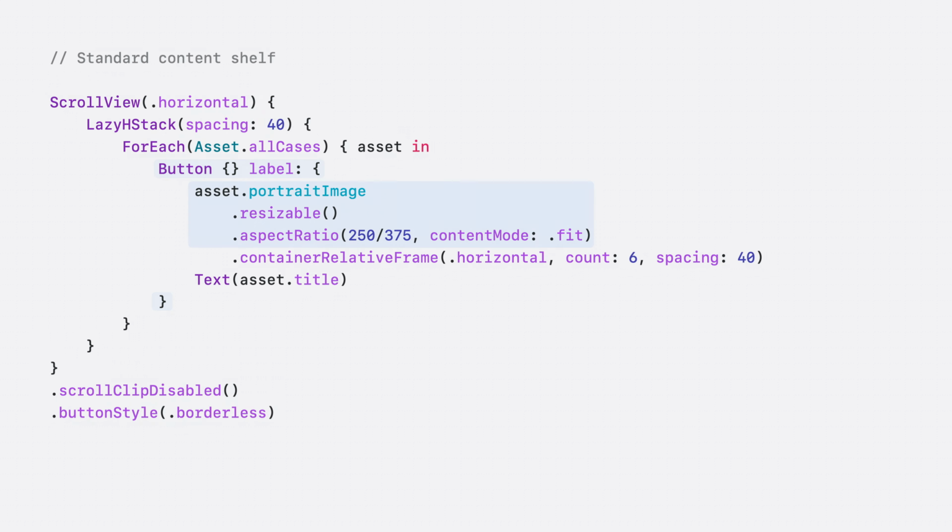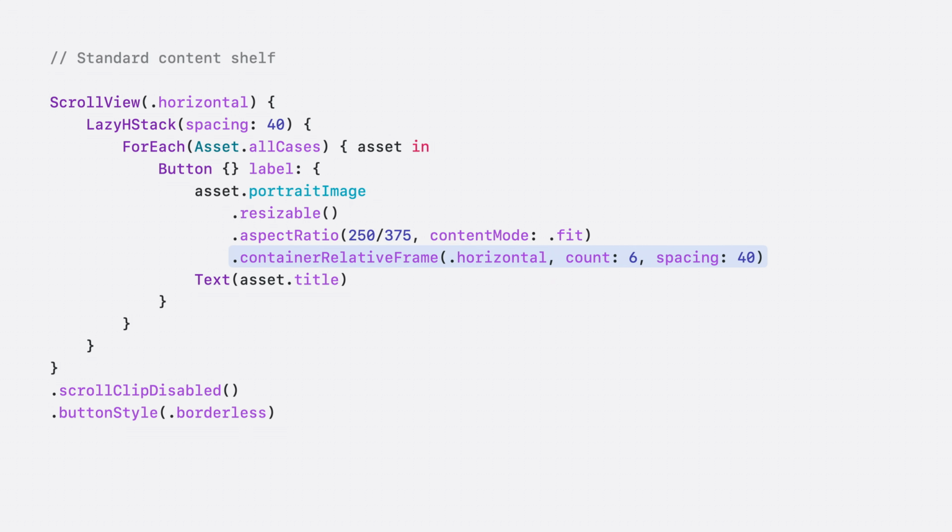While you can directly specify an exact size for an item's poster image, you may be better served using just an aspect ratio derived from that size. This way, SwiftUI can make adjustments to help provide you with an ideal layout. In this case, my aspect ratio provides the shape of a movie poster, while the actual point dimensions will be determined by the number of items on the screen. The layout magic happens here, in the containerRelativeFrame modifier. This tells SwiftUI that it should determine the frame of this item for us, and provides some helpful information.